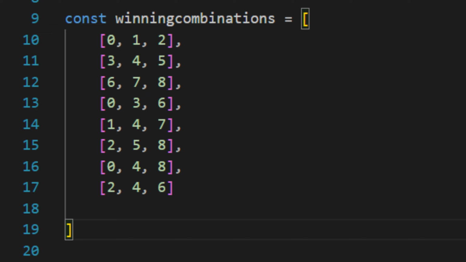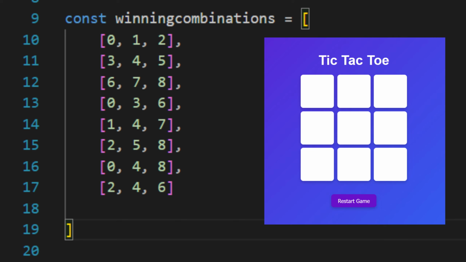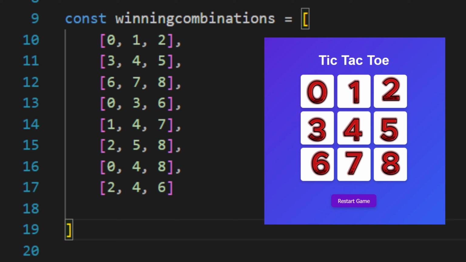Okay, now let's understand how it works in tic-tac-toe. So index represents board position. Imagine the tic-tac-toe board as a grid with 9 positions, indexed from 0 to 8 like this. You can see on the screen.